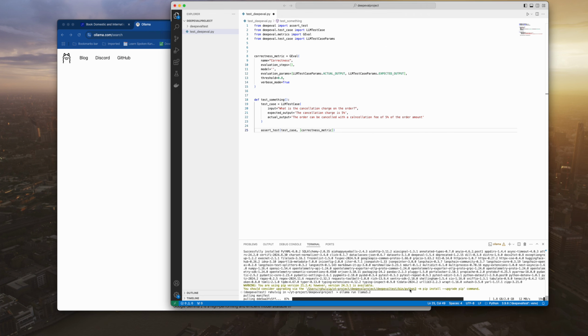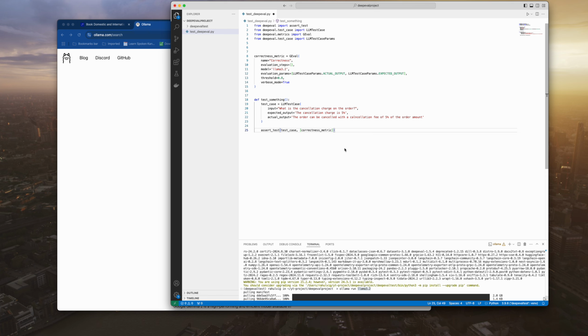So this is getting installed. What this command is going to do is get that LLM model and also start a server with it. Now that we know we are going to use Llama 3.2, we can replace the model here. Right, save it,